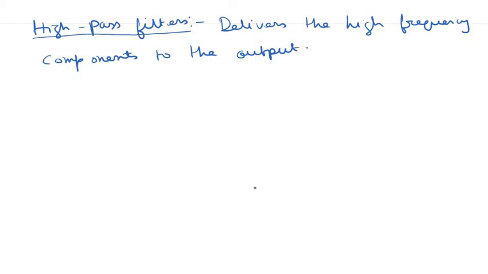Okay, so if we interchange the positions of resistor and capacitor for a low pass filter, we basically get a high pass filter. So earlier our resistor was here and this capacitor was here, and we used to take the output from the capacitor, and this actually gave me a low pass filter. Now to construct a high pass filter, we would keep the capacitor here, and we would take the output voltage across this resistor. So this basically gives me a high pass filter.